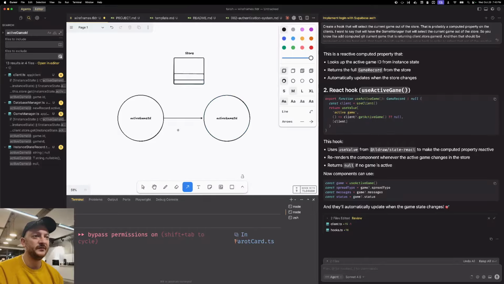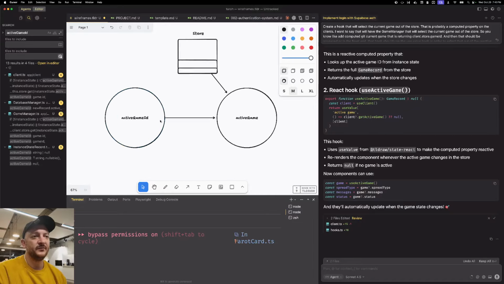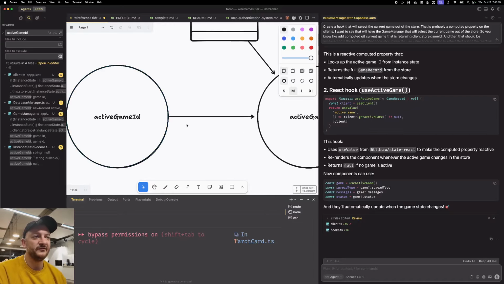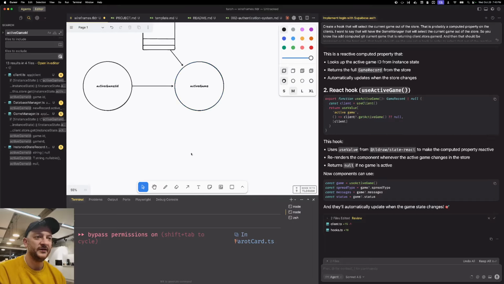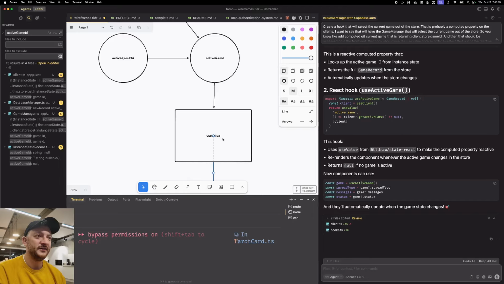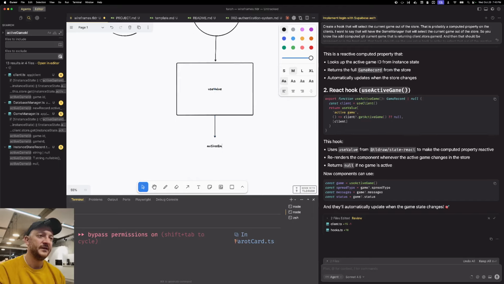This will be saying, hey, give me the game with the active game ID. Whatever game is associated with this active game ID, give me that. And then we will have a use value hook, which will pipe this in and spit out the active game